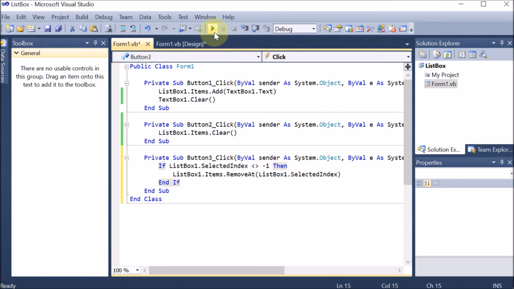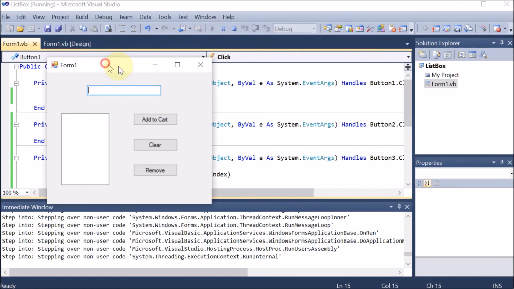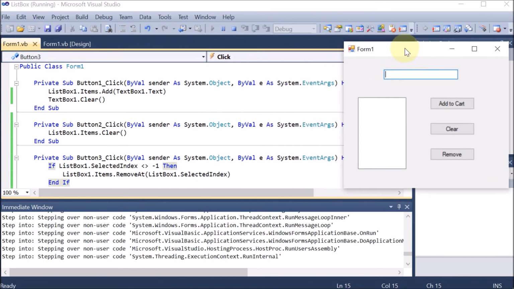Now we are going to run this code and understand how it is working. First of all, with the very first statement, I am writing Ankit in TextBox1 and clicking on Add to Cart. Button 1 is executed. ListBox1.Items.Add adds it from TextBox1, and then TextBox1.Clear.